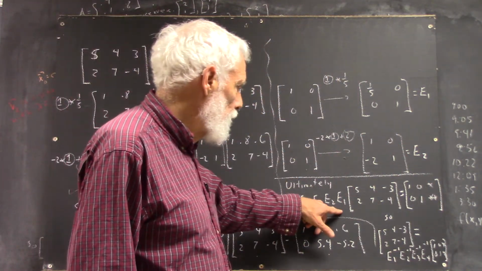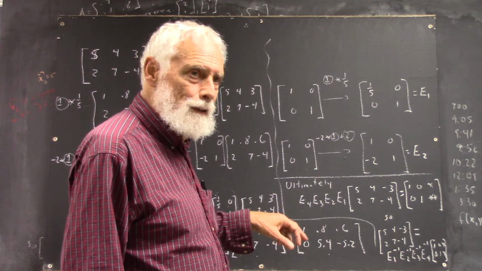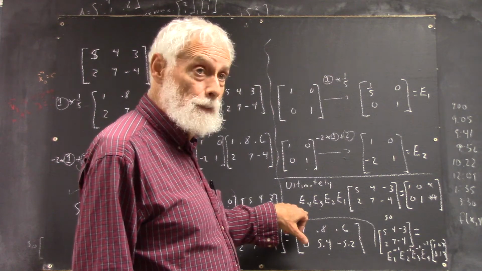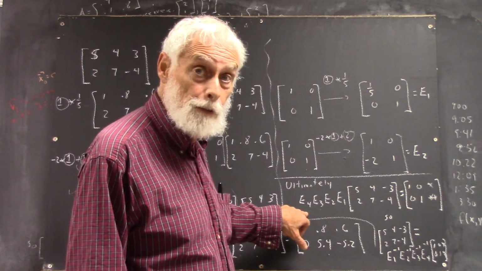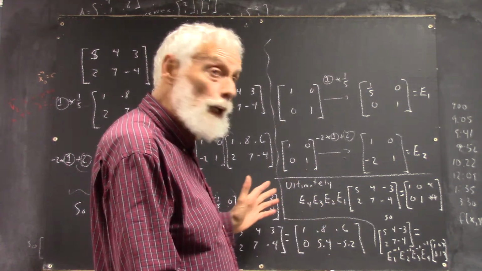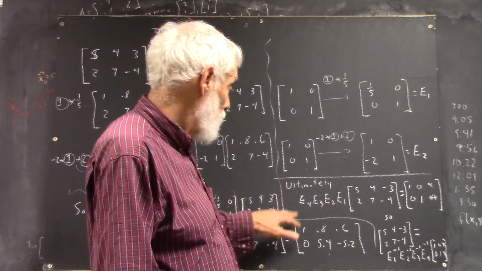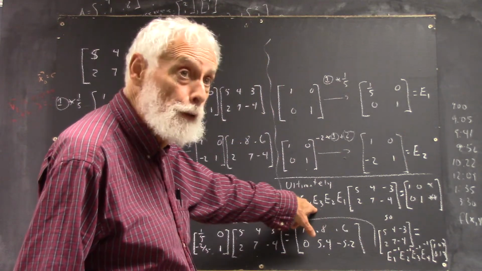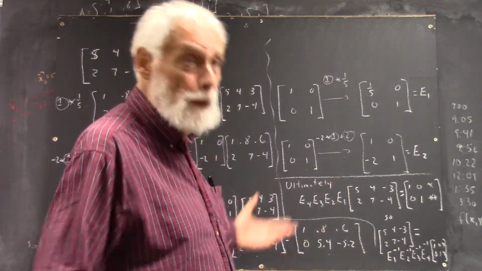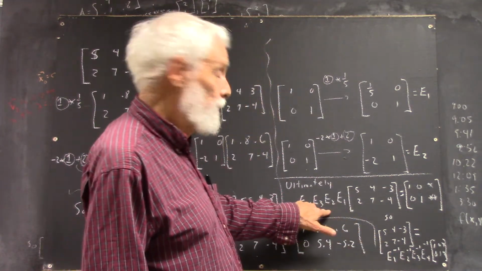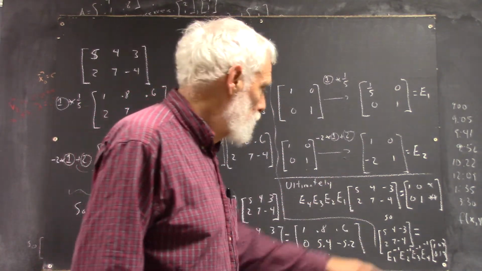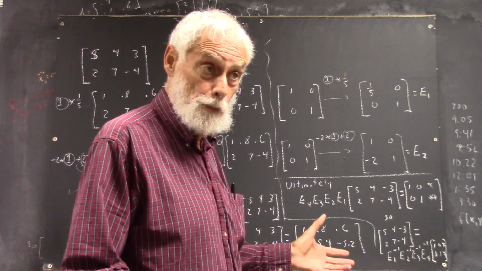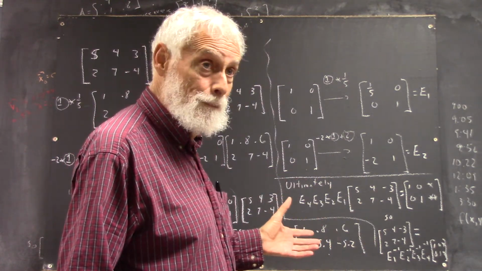if I was to multiply this on the left by E4 inverse, E4 inverse times E4 is the identity. That's what an inverse matrix is. E4 then goes away. No longer there. The E4 and the E4 inverse are gone, and now I've got an E3 inverse facing E3, which goes away, leaving me an E2 inverse facing E2, which goes away, which leaves me an E1 inverse, E1, which also goes away. Okay? Leaving me